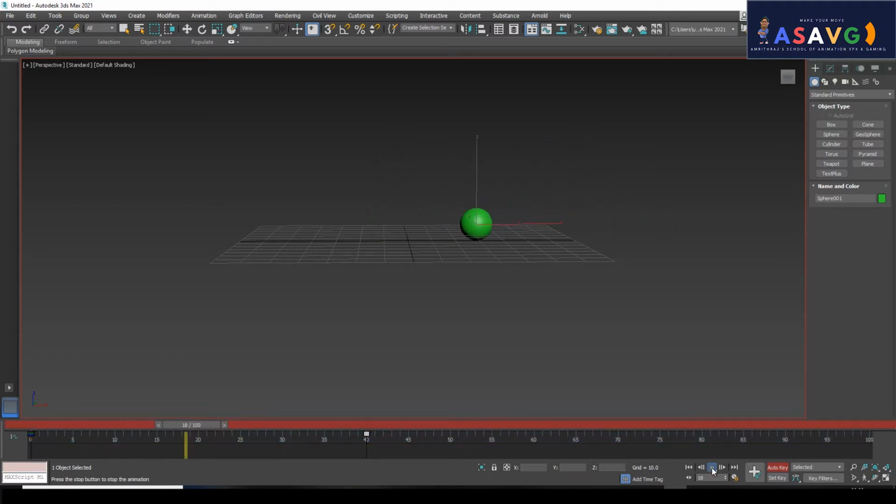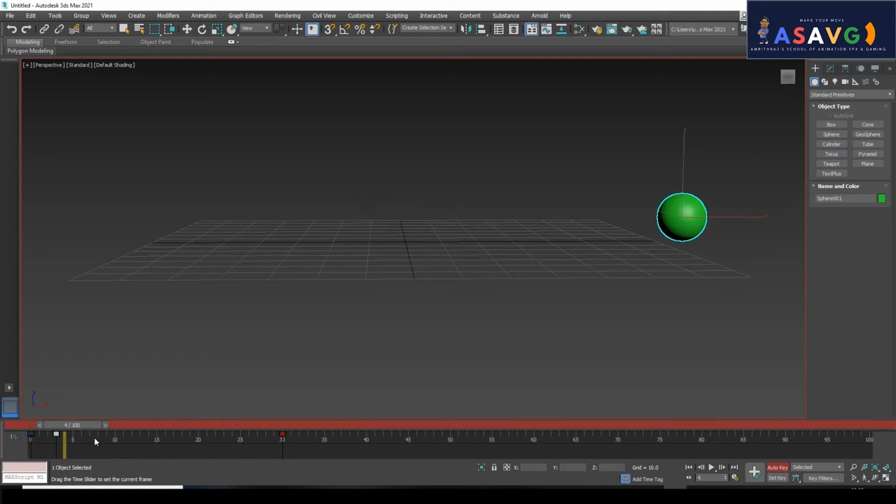It will take 40 frames, so it will take a long time. If you want to make it fast, I will put it over here and play. Then we will make it 30 like this. What's happened over here: first fast, and then it becomes slow. So you have to understand the timeline.